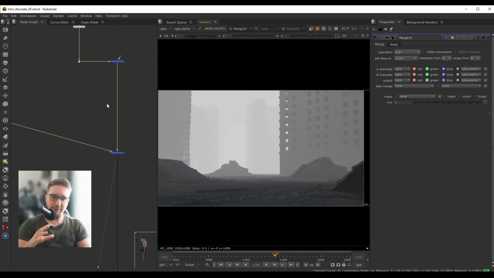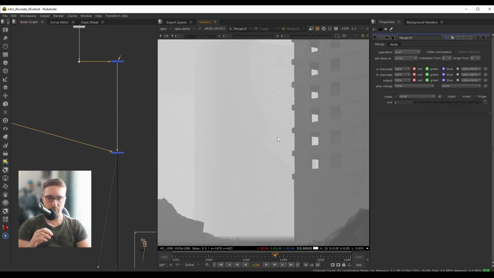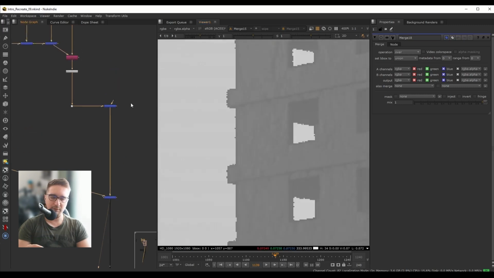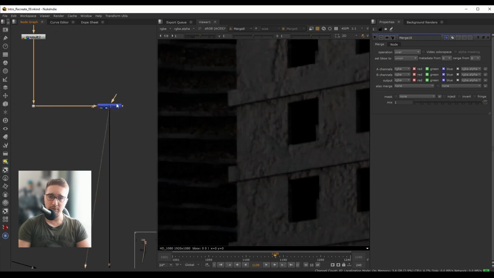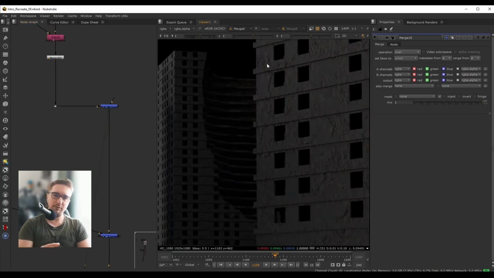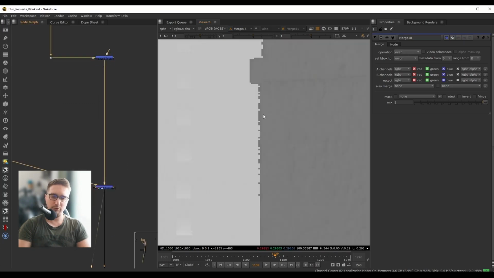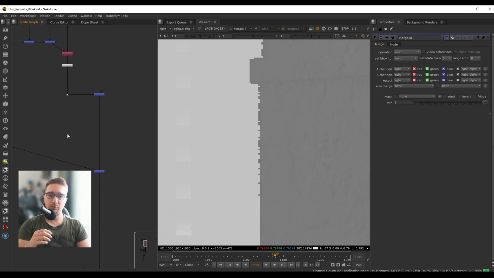Now, there's a few problems here to address, but the first thing that I want to address is, if we look close enough, we can see this very harsh edge on our buildings, and this is coming from our fog layer that we just created. If I were to go to just the render, the composite version over here from our merge, we see we have these nice anti-aliased smooth edges on our building, and when we add our fog layer on top, we have this harsh edge, sort of like the result that we get from the unpremult operation that we do for the alpha. And this is because by default, most render engines, and